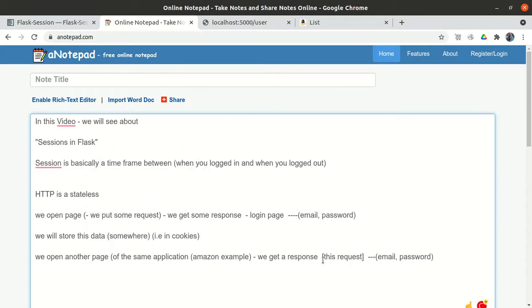When we hit another request, it will read the cookies, and after reading the cookies, it will display the content only for that user. So there is no need to pass the data from one request to another, right? This is the advantage of session.